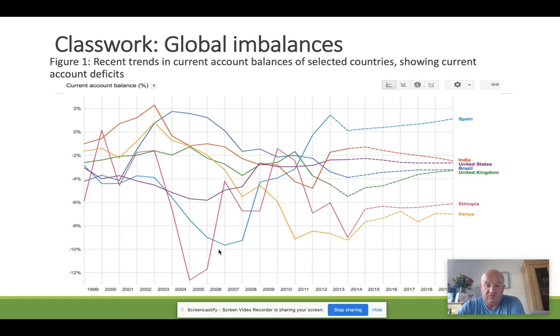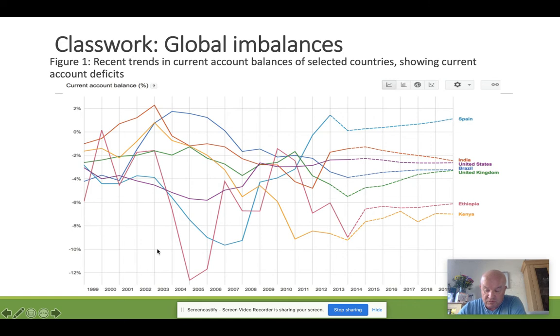Again, normally there will be a reason for it. Okay, so you can see, there are some significant countries, well-developed countries, that are running significant deficits. So we've got the UK, we've got the US, and we've got other situations where these things are changing. Okay, so take a look at that, obviously make some comments on that, and then let's take a look at